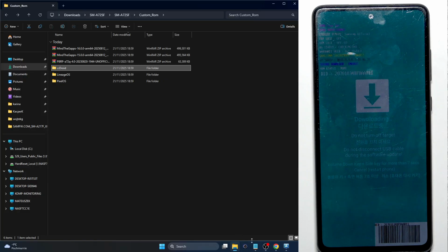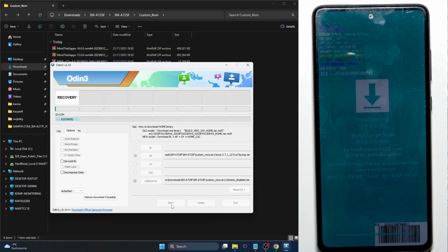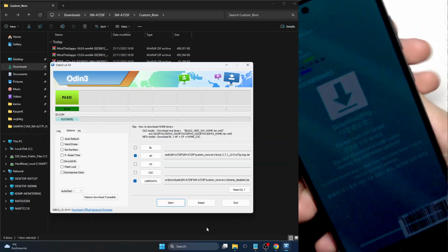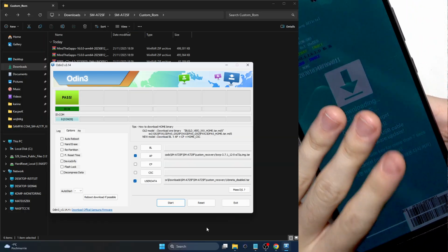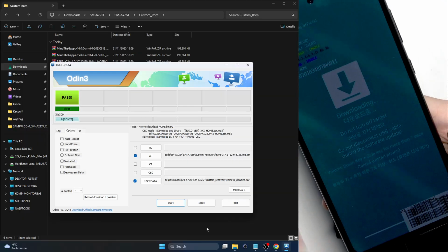Okay, now once we know everything, let's go to options in Odin, unselect everything that's selected here, and then click on Start. It should pass. If it doesn't, try clicking on Start again, or leave the download mode by pressing and holding on power and volume down and try again. If it fails, I don't know. But if you've set up the phone after unlocking the bootloader, all times I tried, it always worked,